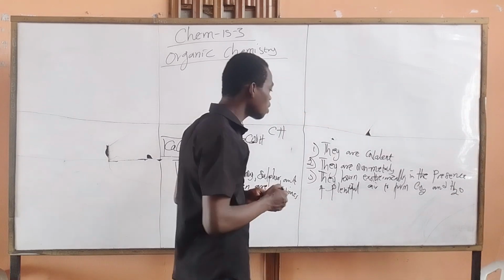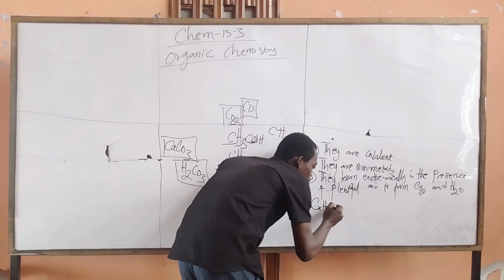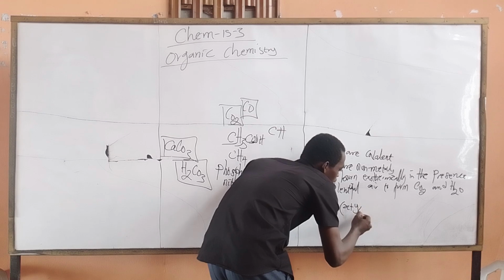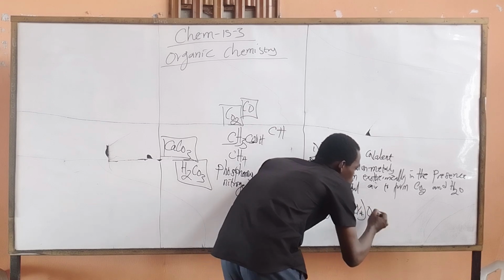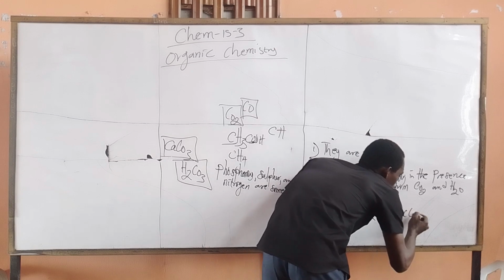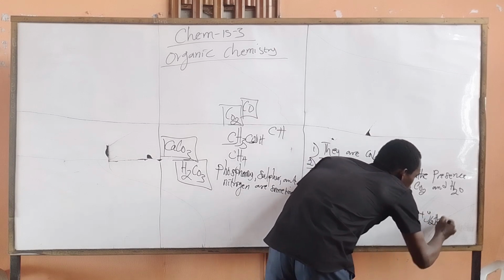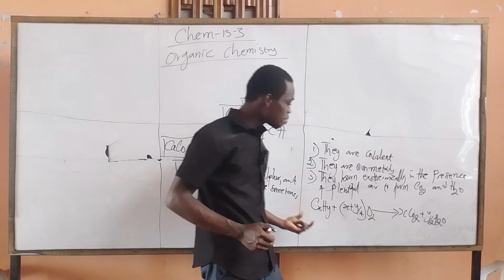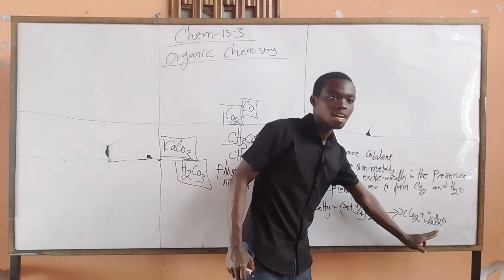So we can have a formula like this: CxHy plus (x plus y over 4) O2 equals xCO2 plus y over 2 H2O. So I said they burn exothermically in the presence of plentiful supply of air to form carbon dioxide and